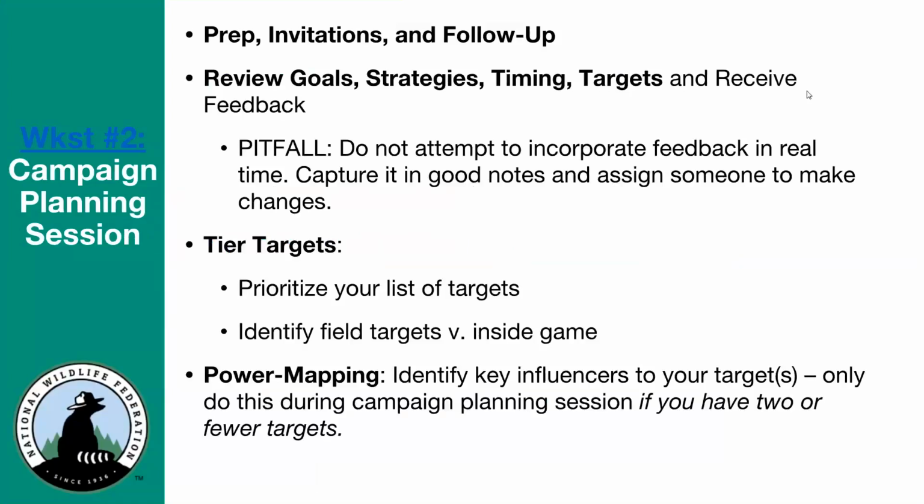If this is a campaign where folks only have like 1 or 2 targets on the entire campaign, like the whole thing is a governor strategy and you're just trying to get the governor to do the right thing, then this is a great moment to do some power mapping. And power mapping is identifying key influencers to your targets. Sometimes these people are called secondary targets. But the key is that these are proper nouns,